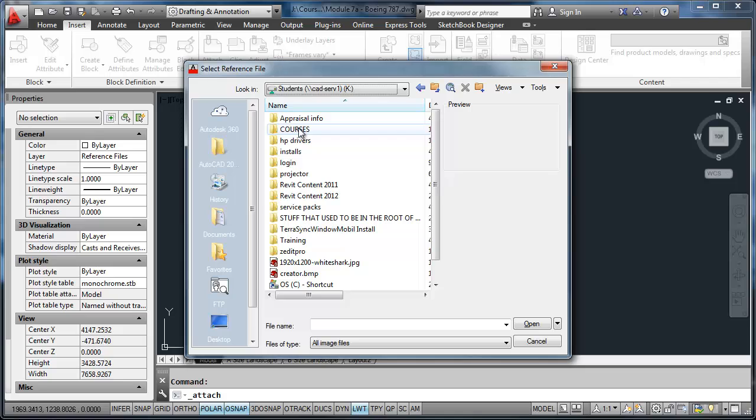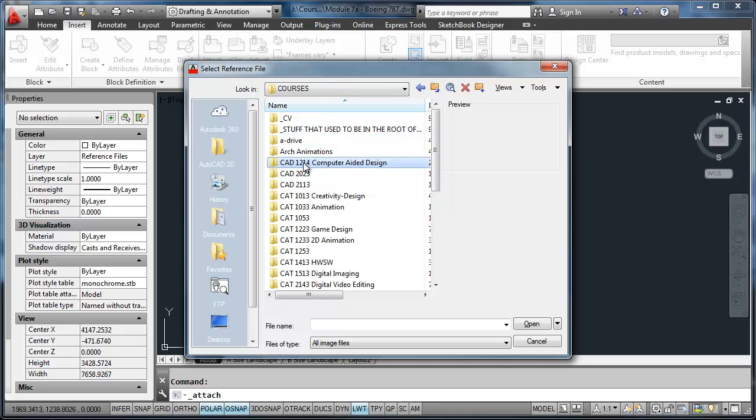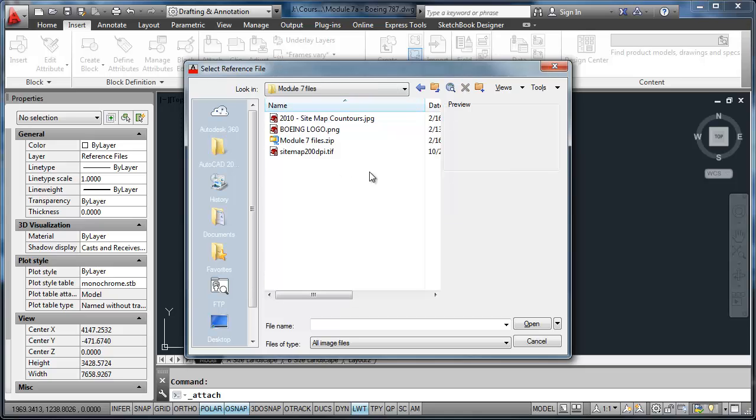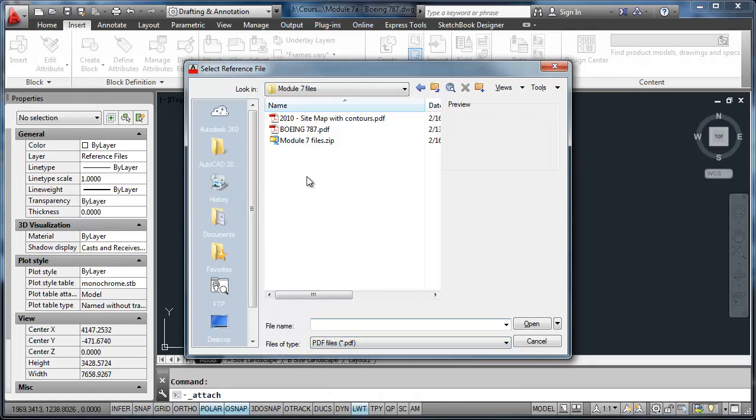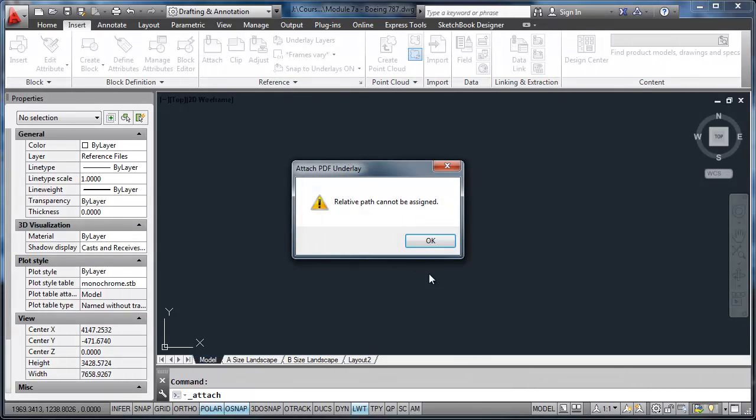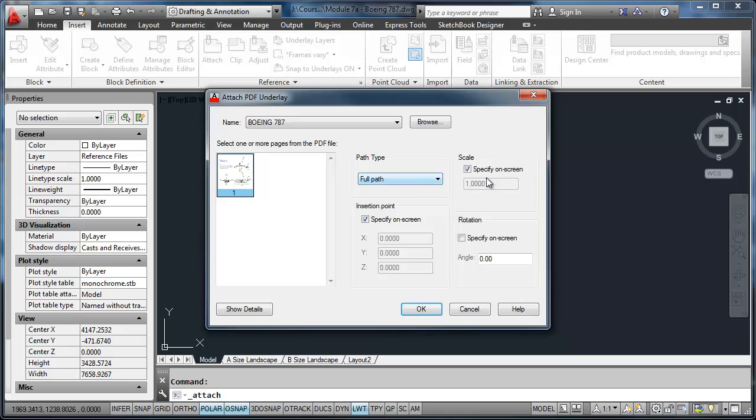Let me locate that under Module 7. We want the Boeing 787 PDF file, so we'll change our file type to PDF. Select Boeing 787. I need to make sure this is not set to relative path but full path. The PDF file has one page, and we're going to insert that at 0, 0. So I'll click on OK,